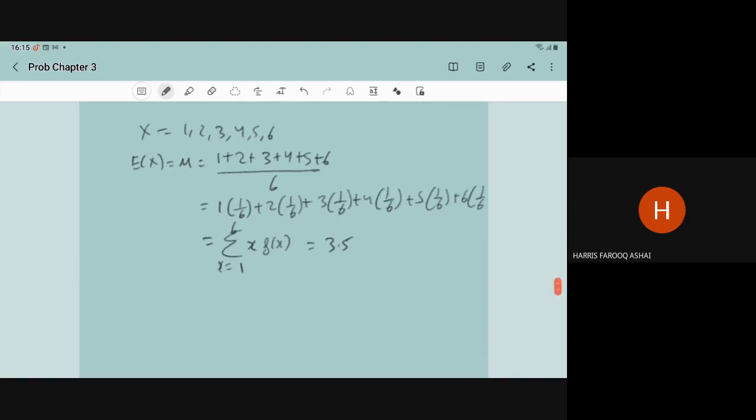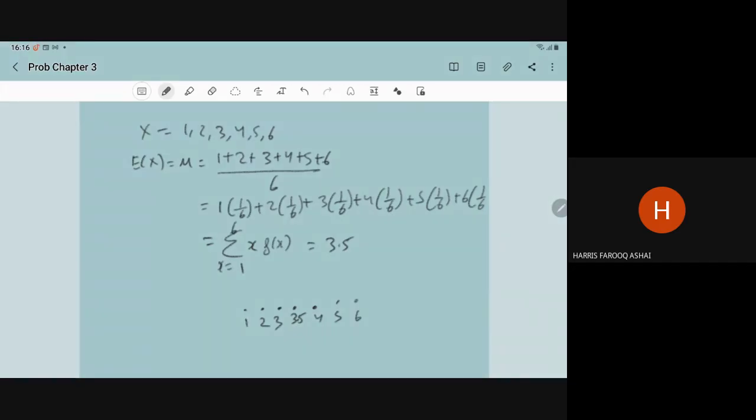What is the meaning of expectation? We expect 3.5, but the outcome is coming either 3 or 4. We expect 3.5, but the outcome is coming 2 or 5. The outcome is coming either 1 or 6. It means